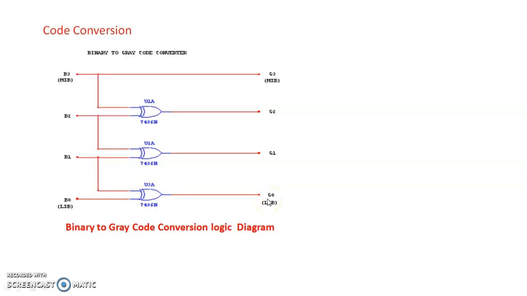Okay. So at the time of implementation, we have to take care of how you can give the particular input. Here you have to take the IC 7486, that is the XOR IC, and when you take this IC, you have to consider this as the first gate, this one as the second gate and this as the third gate. So one IC holds 4 gates, right? So this makes the first input, second input, and third pin as output. Same for the fourth and fifth as inputs and 6 is the output.